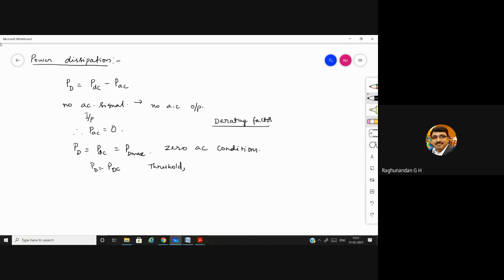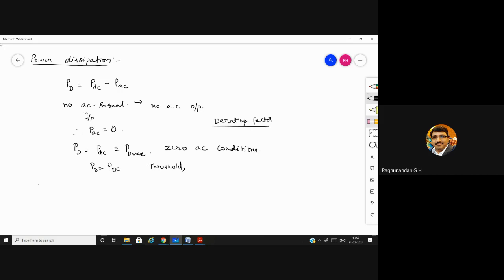The same way here also for the transistor, if the power dissipation crosses the threshold, then it is going to derate that transistor, and we might lose the transistor also. Even though we say these transistors have heat sinks and all, there are still some limitations. If you are crossing that limit, obviously you are going to lose the device. So power dissipation is the difference between DC power input and AC power output developed across the load in active devices.